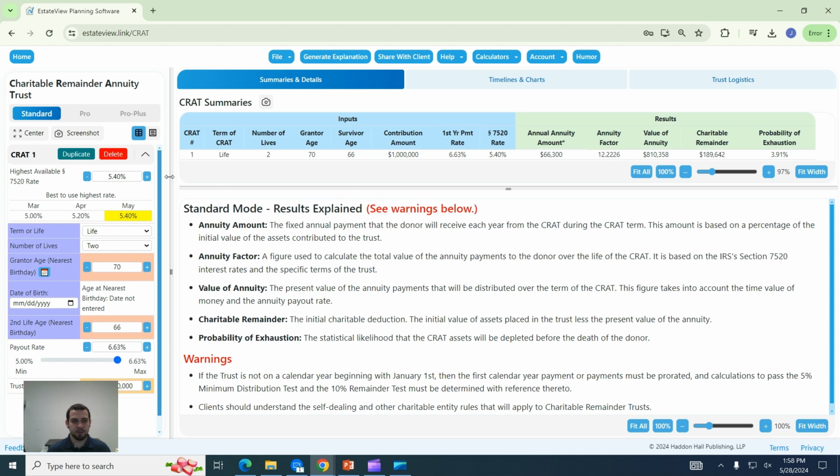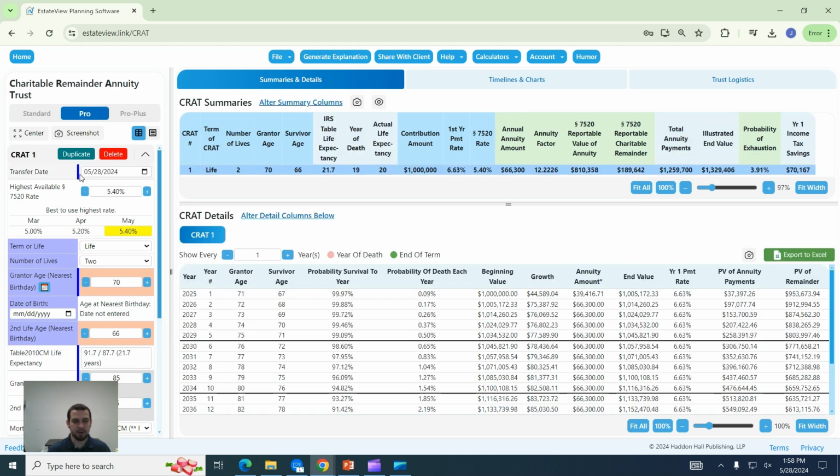If we were to move from the standard mode to the pro mode, we will see additional inputs show up here with blue bars indicating that is a new item. This first transfer date would be the date assets are transferred into the trust, and this will help us select our 7520 rate as required to be either this month or one of the preceding 2 months, as well as prorate our annuity amount for the first year to be less than subsequent years, as we are not contributing on